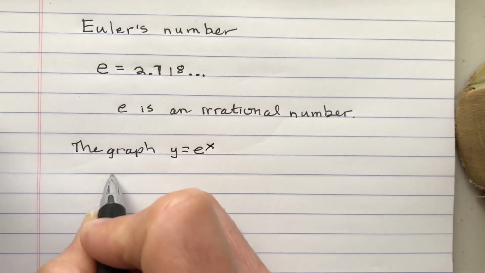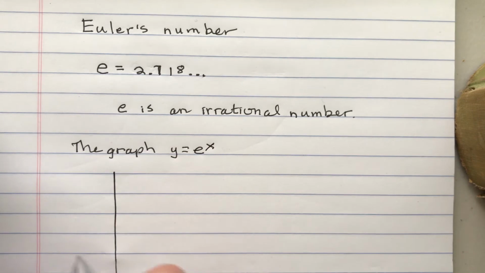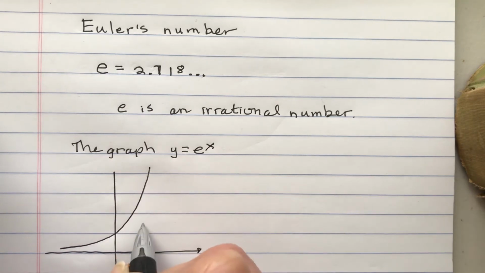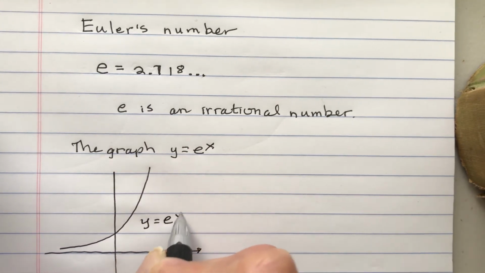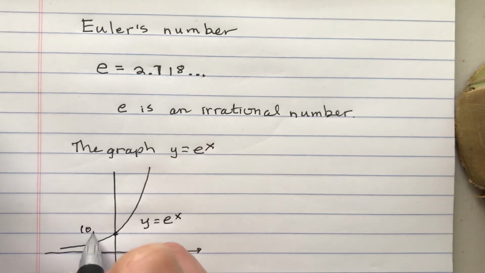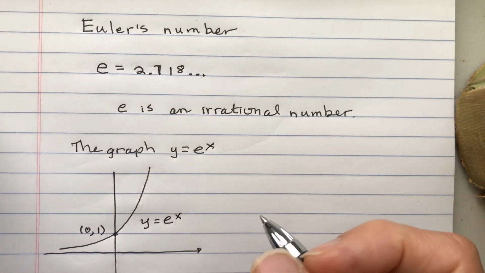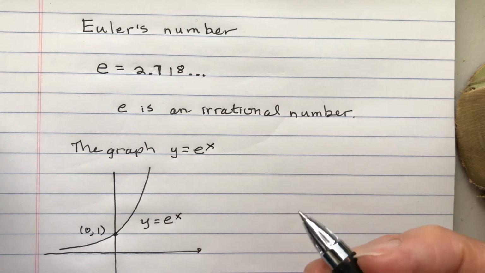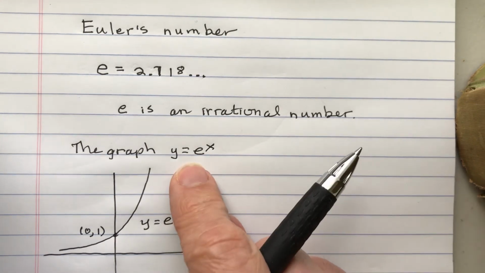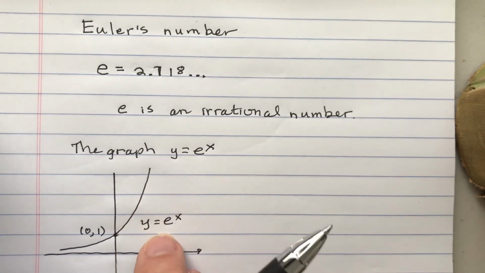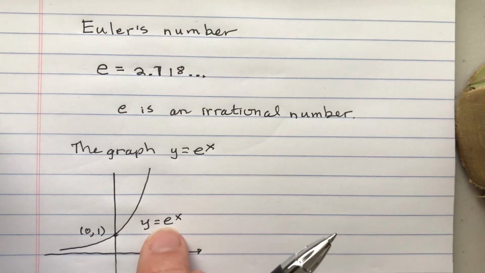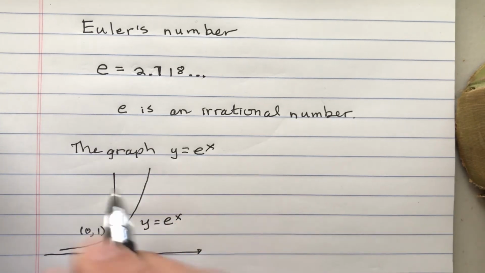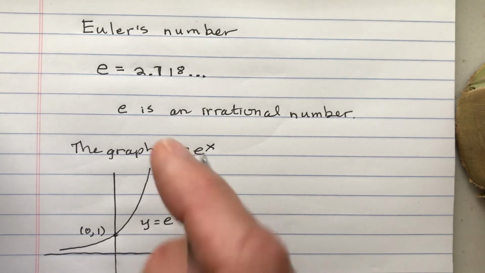Well, the graph of e to the x looks a whole lot like the graph of 2 to the x. So pretty often, if someone is presented with a problem and they're supposed to sketch the graph, like on a test or something, just replace e by 2 to get the rough sense of what the graph is. I mean, it's not exactly the same, but look,